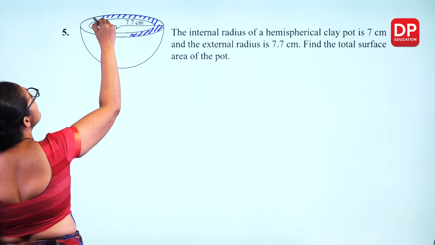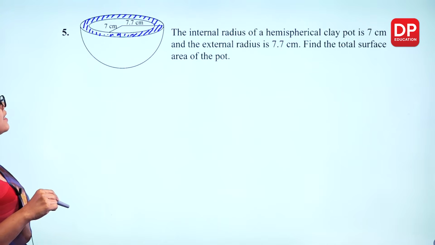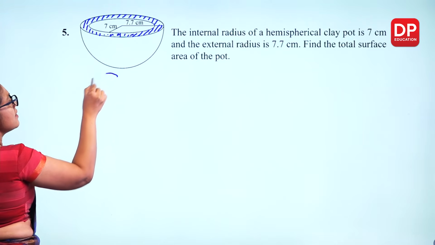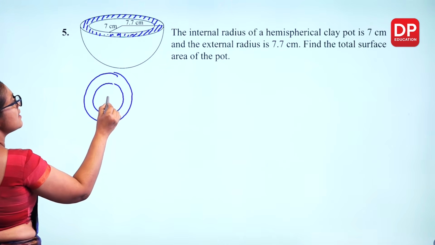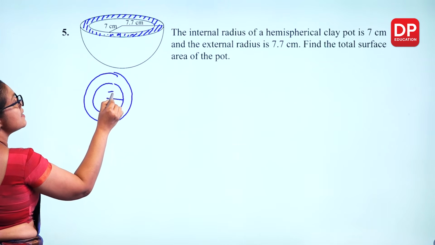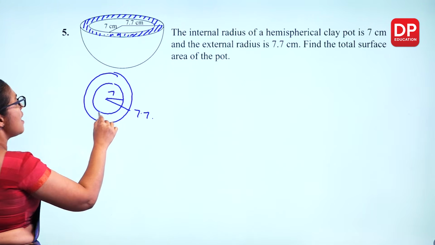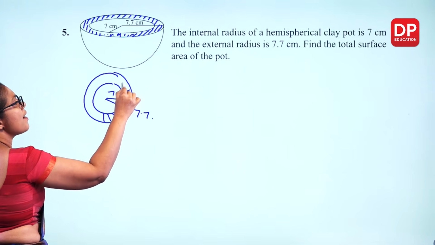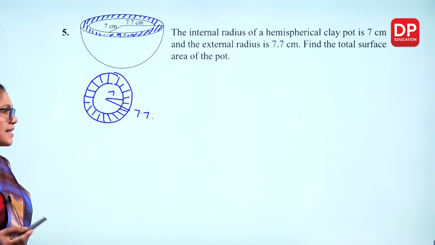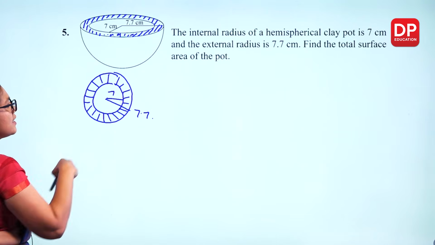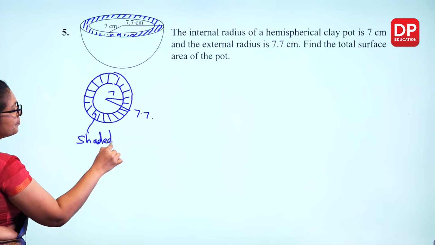So how can we find out all these parts separately? We'll take this one separately. This looks like 2 circles. The inner circle is 7 and the outer one is 7.7. So here, how can we find out this area? We can subtract the smaller area from the bigger circle. So first we'll find out the shaded region. So this shaded part is equal to,